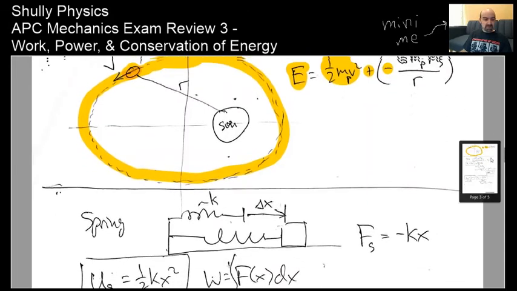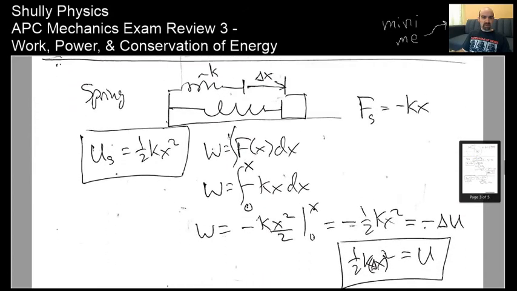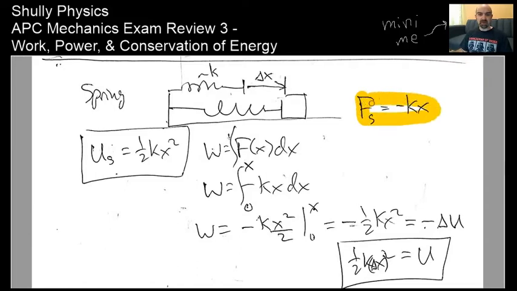Now moving on, we get to a spring. So what about the potential energy of a spring? If we take Hooke's law, the spring force equals negative kx. There's that negative again. It's a conservative force. If we pull the spring outward, the restoring force is back inward. If we squish the spring inward, the restoring force is back outward. So the force is in the negative direction, the opposite direction of the displacement. Well, we plug that force in, negative kx dx,